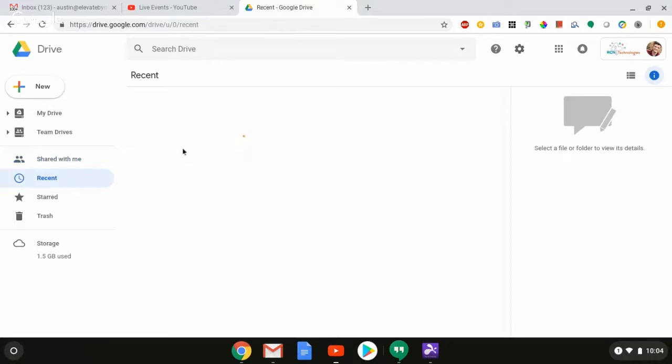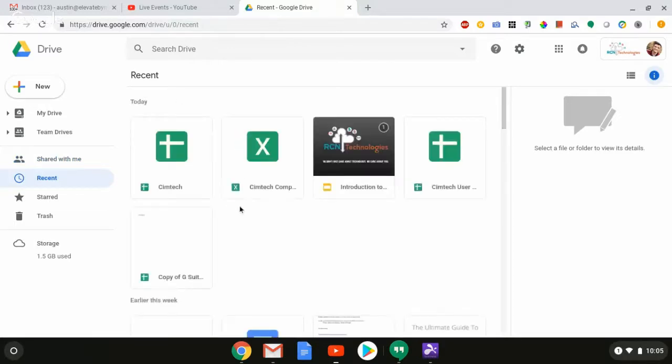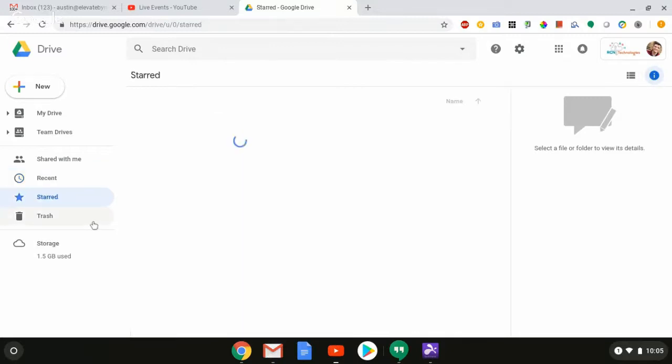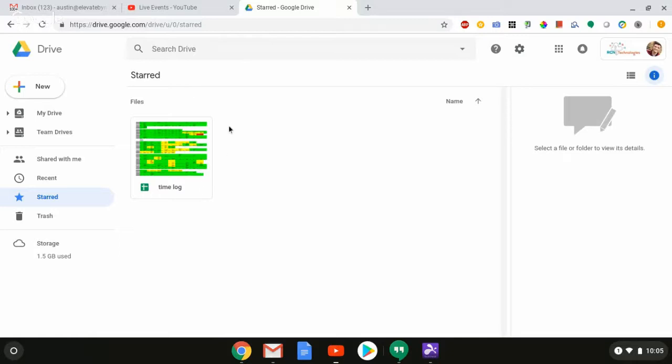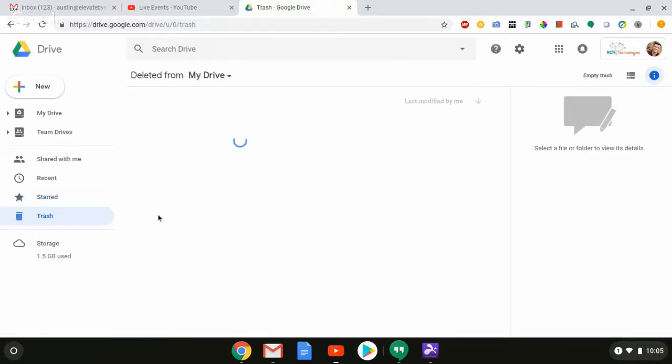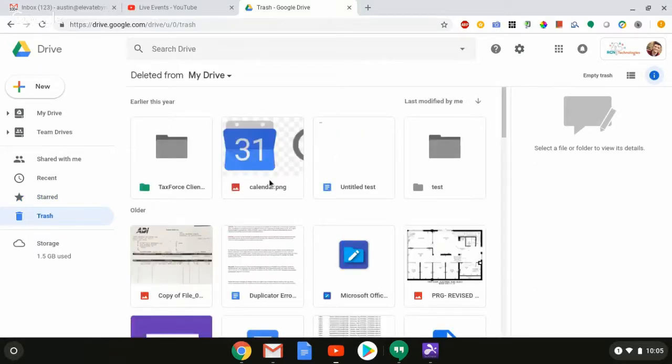Recent is a list of documents that I have viewed recently, so I can jump right back into my workflow. Starred. That's for important things that I would like to come back to without having to search through files or folders. Just easier to jump right back into what matters. Trash is where I would go if I had deleted something I did not want to delete, or recover, check my